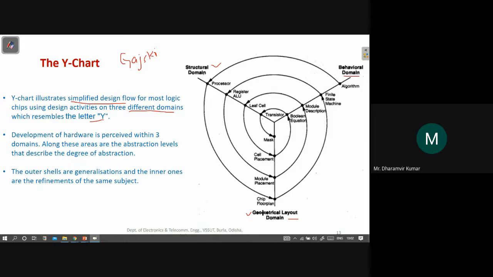So it tells about the actual placement of different modules on the chip. Suppose this is the chip area, and it will consist of different submodules. Then we should place each of these components in such a manner that we use the area of the chip in the most efficient manner.